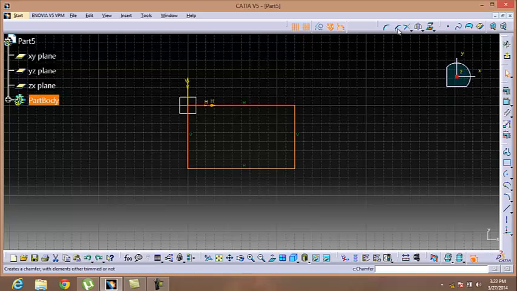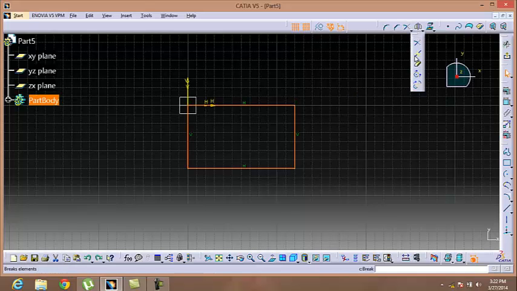The second tool of this category is a chamfer tool. Again we have to select the two adjacent corners and we get our chamfer. The third one is a trim tool. And we can trim the three sides of this rectangle by using it.